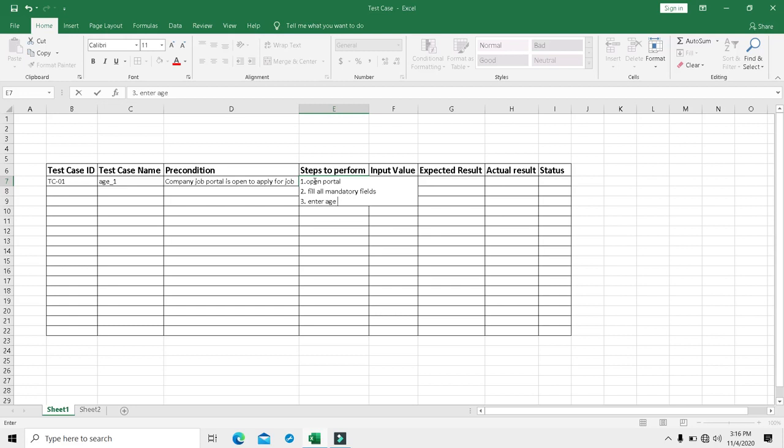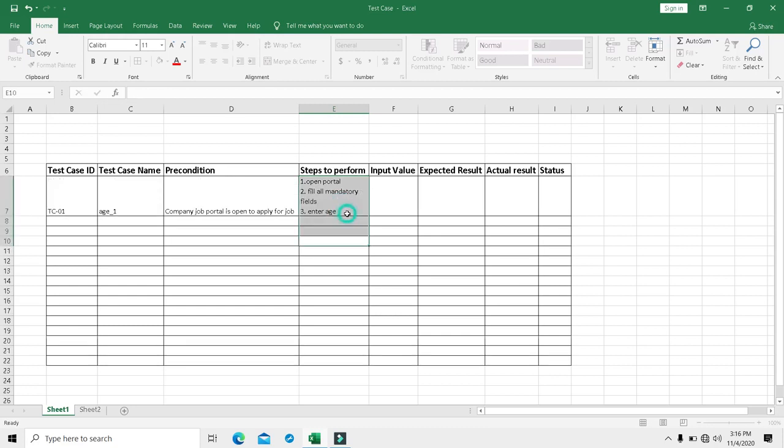Here the candidate is going to enter their age. So these are the different steps that the particular candidate has to perform.